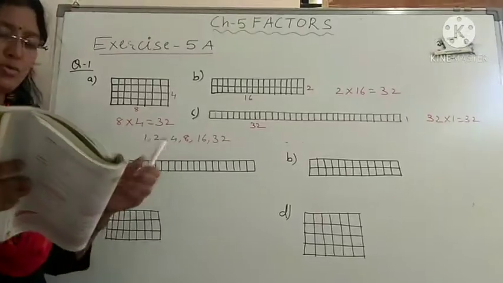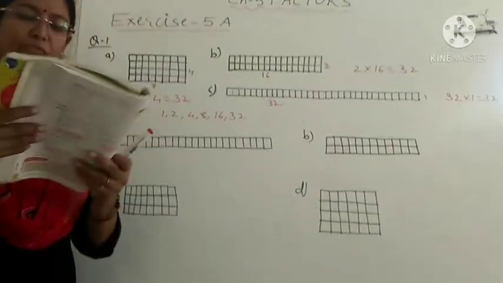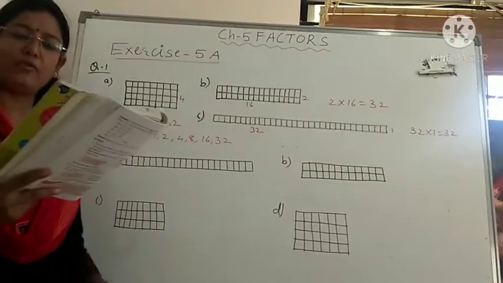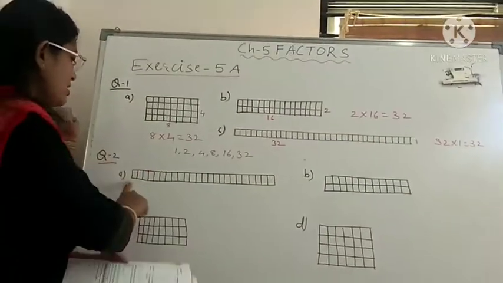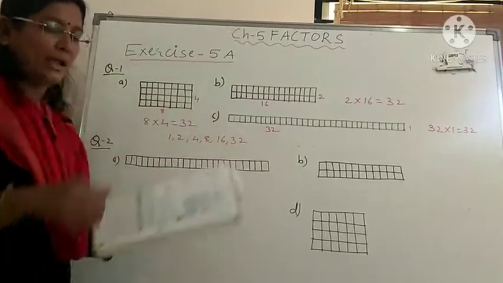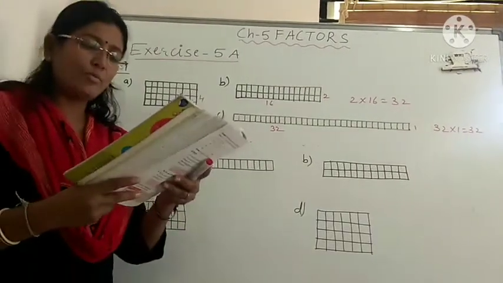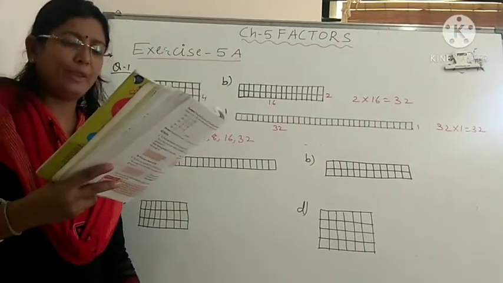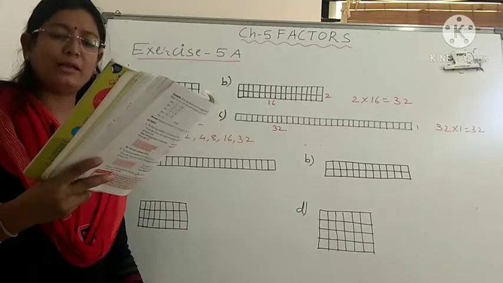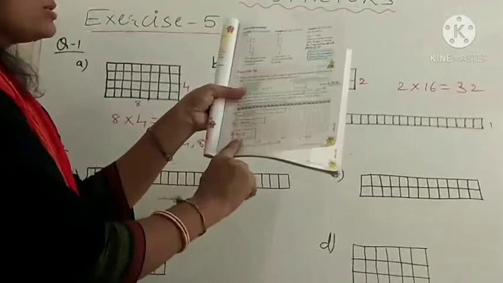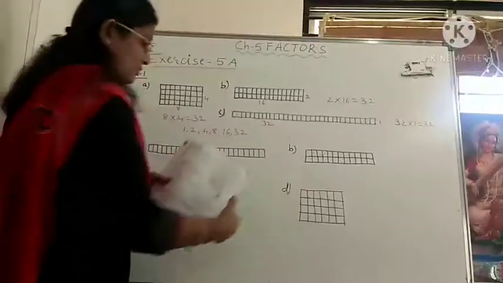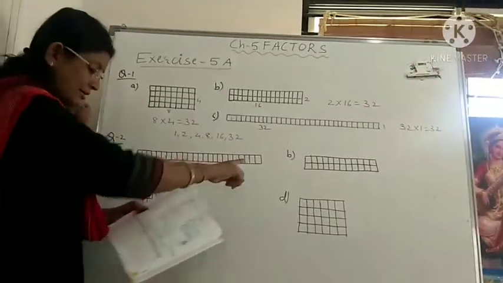Now question number 2. What are the different kinds of rectangles you can make with 24 stems? See here in first number they have given us 24 stems stuck in one line, right? Color the boxes below to show them. One has been done for you. Find the other 3. In this way, children, you have to do B, C and D in sequence only, but I have shown you in this way. Okay, so one is done for us.